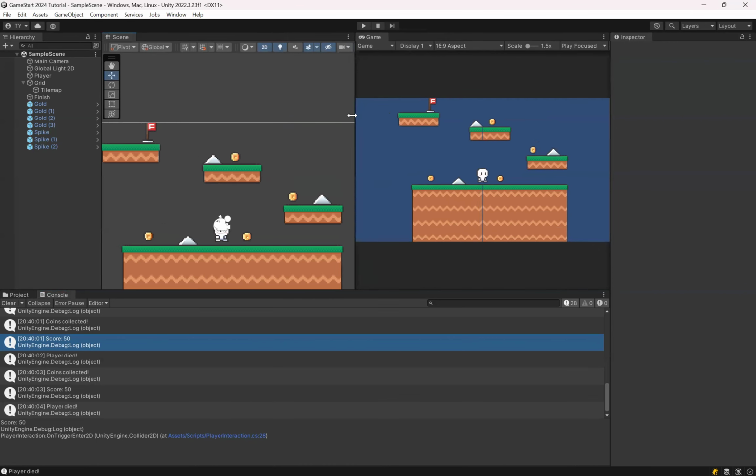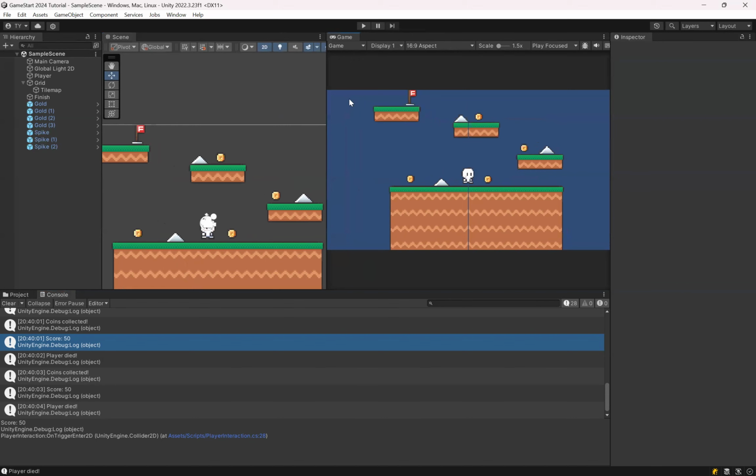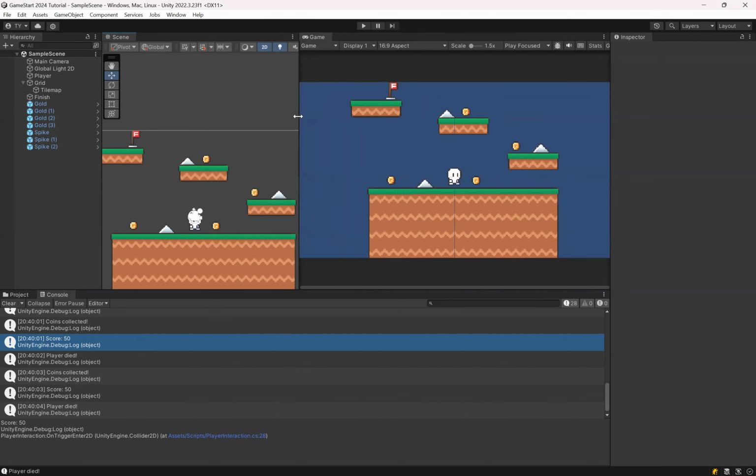So in order to do that, first of all, we need to set the aspect ratio of the scene view, the game view, to a fixed aspect ratio. Previously, we were using free aspect. This means that